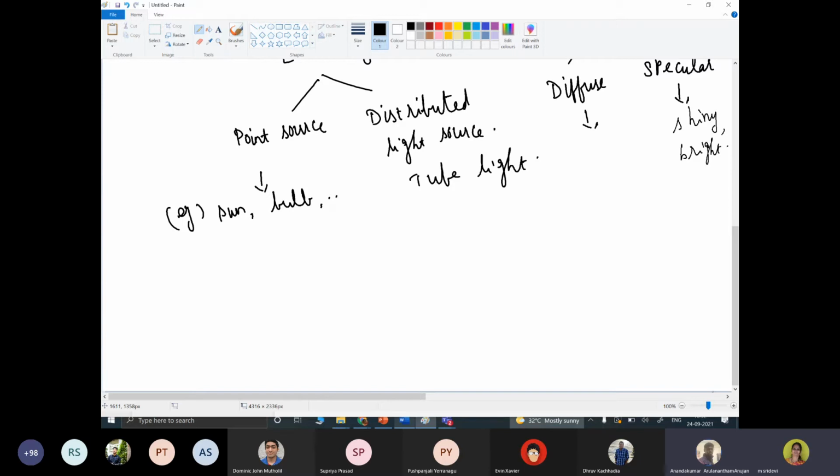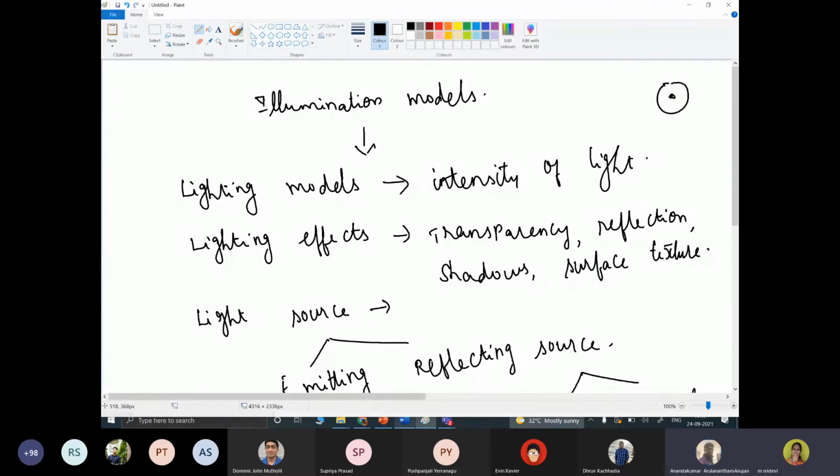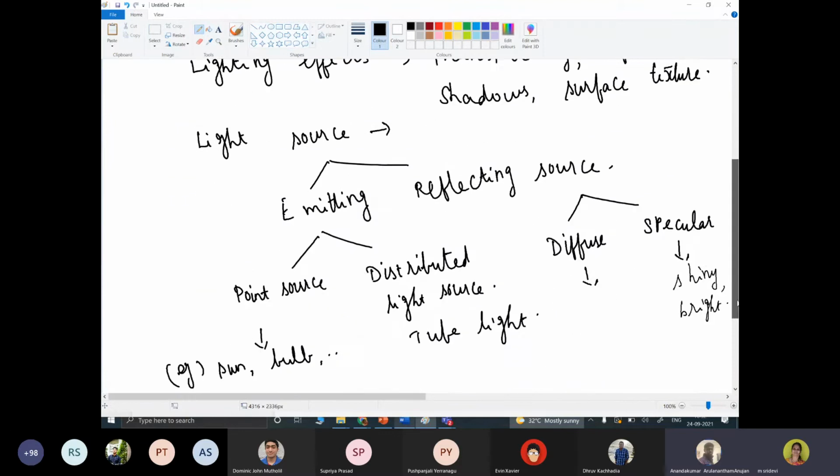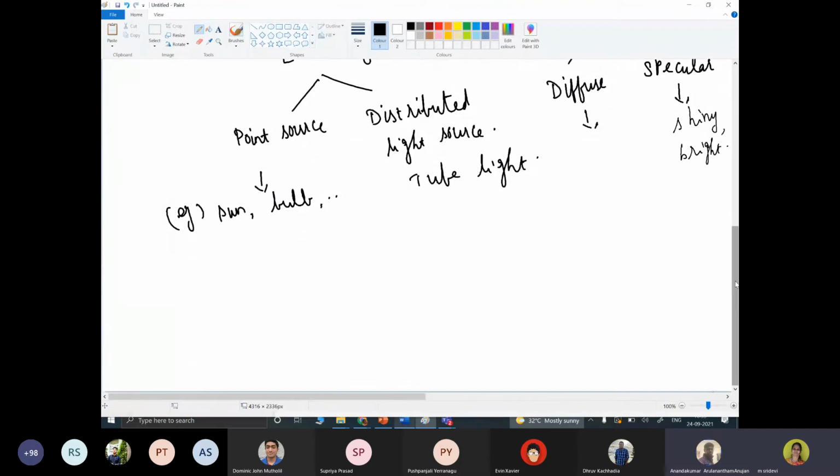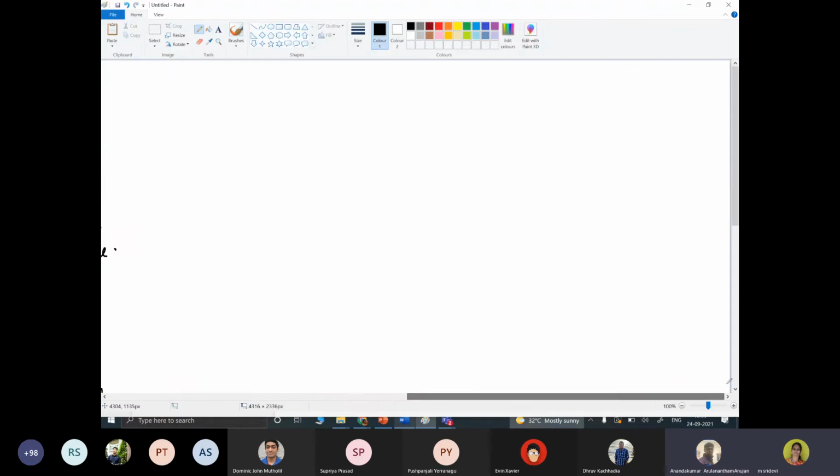So finally, the illumination model. We have started with the illumination model. The illumination equation says, so these are all the preliminaries we are talking about with respect to that. The illumination equation: I equals Ki. As the illumination model is used to find out the intensity of light, I indicates the intensity, and Ki indicates the object's intrinsic intensity.